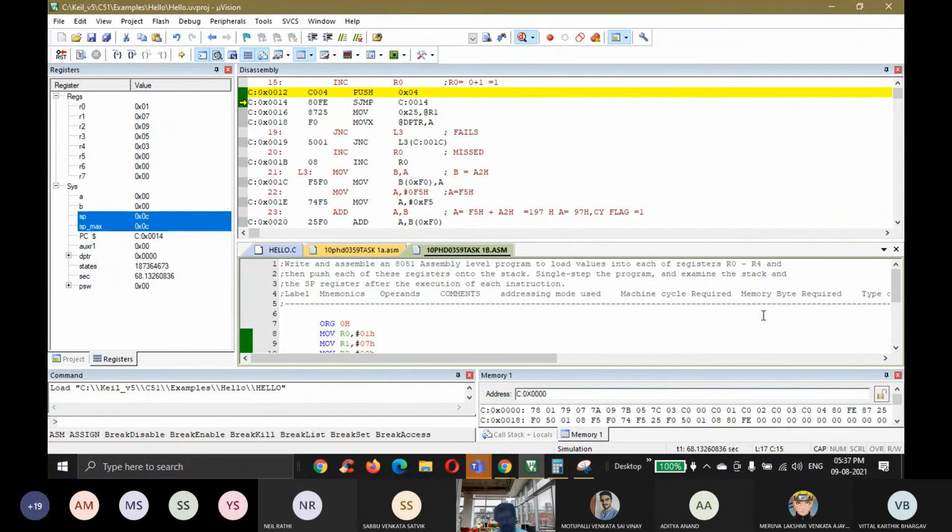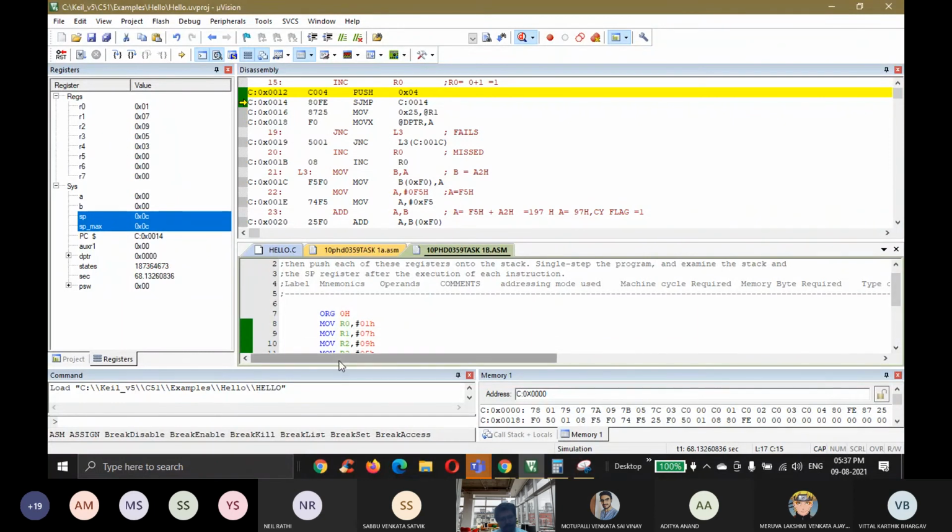If you click there also, you can get it. If you put the cursor here, you can see what operation it is. What is the opcode for this one? Understood how to fill the opcodes.